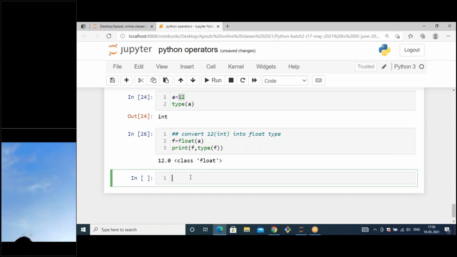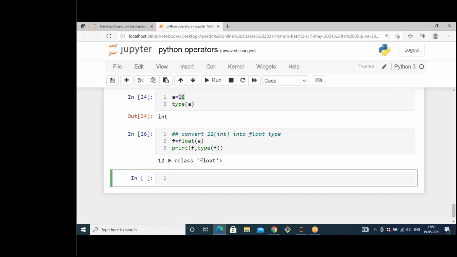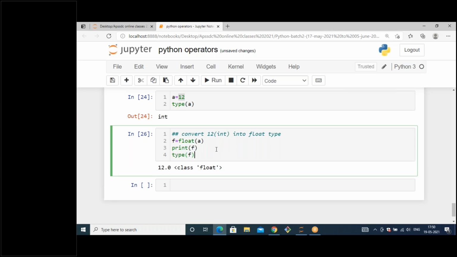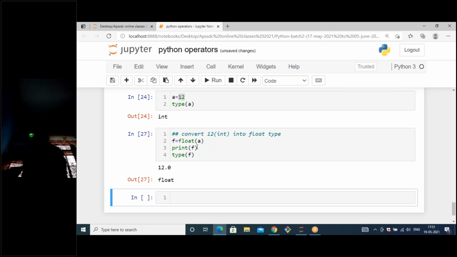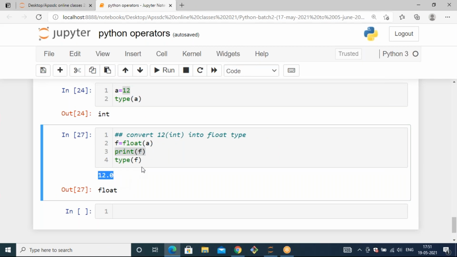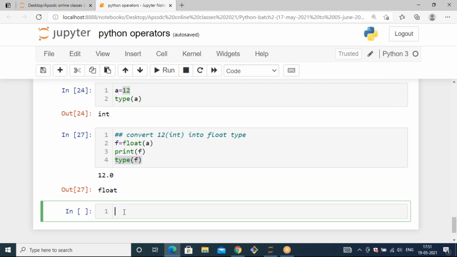Now, is it possible to convert this integer data of 12 into string? Does the double quote not require printf? You don't require these double quotes on the float. Then you can simply write type of f. You can take any kind of syntax to display the output, that's your wish. Now the quotes are removed. In the first step, it will print the value of f, and in the next step, it will print the data type of f.